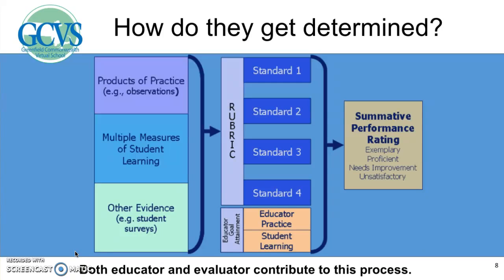The final category is more broadly based. It can be any high-quality artifact that shows progress on goals and attainment of standards. These might include student and parent surveys, evidence from professional development work, evidence from our professional learning communities work, logs of two-way communication with parents, etc. All of these pieces of evidence then feed into the ratings on the standards and the assessment of progress towards goals. That then feeds into an overall summative performance rating.